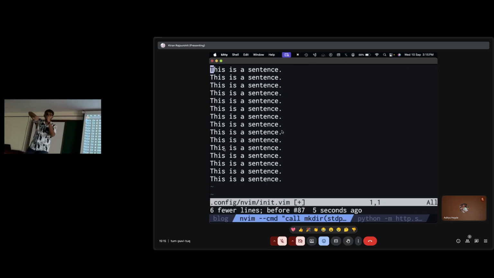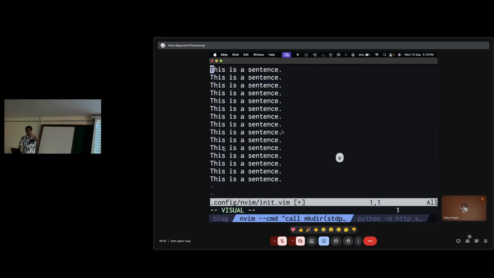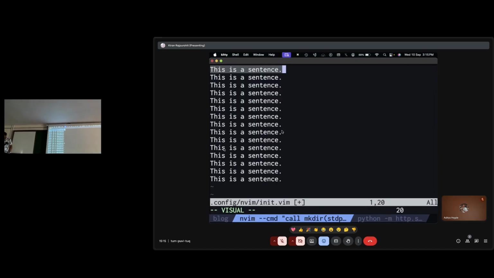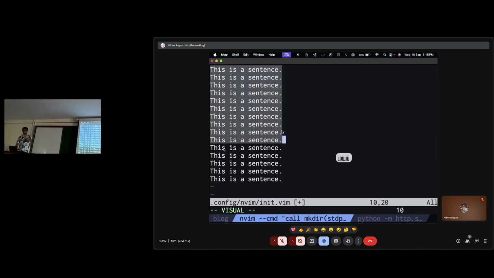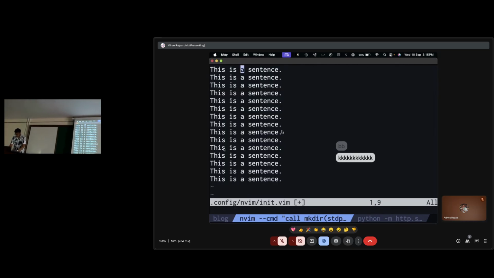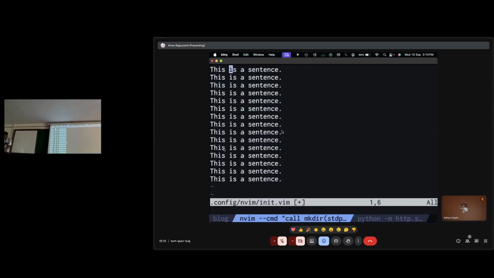selections, and you can use our previous verbs. That's visual character. Say you want to select entire lines. You go to visual mode, move down a bunch of lines, and you can select lines like this. But what if you're here and you do visual character?